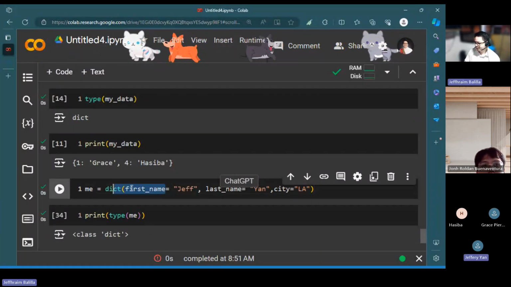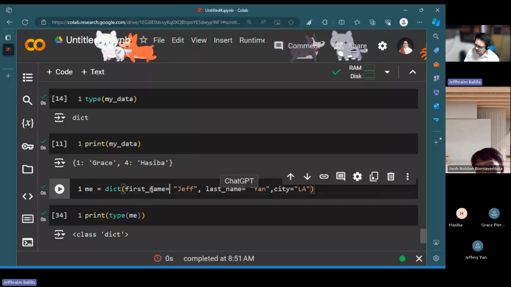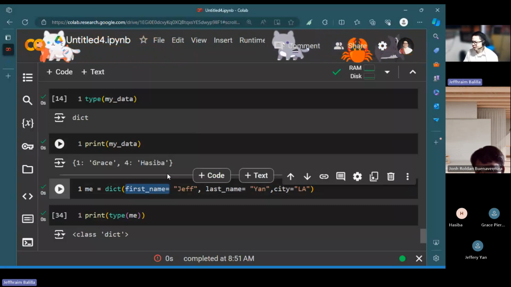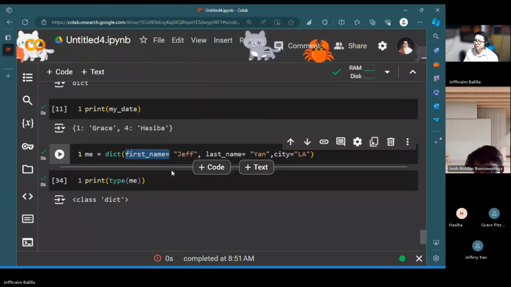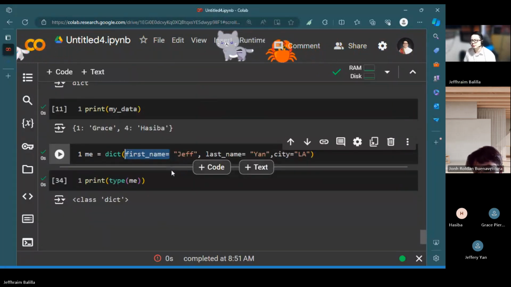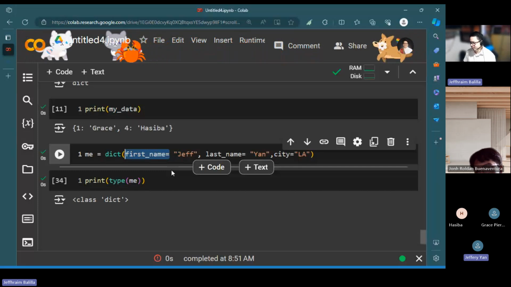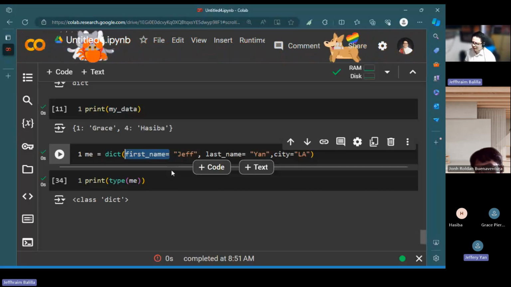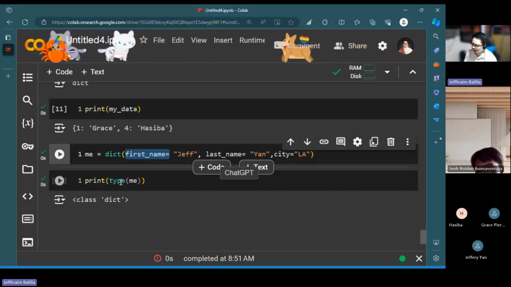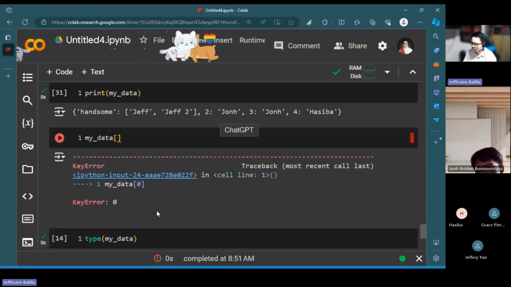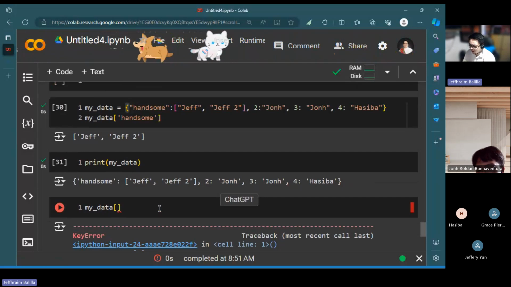So this would be a key, right? You're correct in saying that you are using a variable right here. Let me think. If we do the other method, then we would take out the dict, put a curly bracket, and put quotation marks around the first name. The reason for doing that is we're not applying it inside the function. So if we do that, the system would think that you are referring to something,